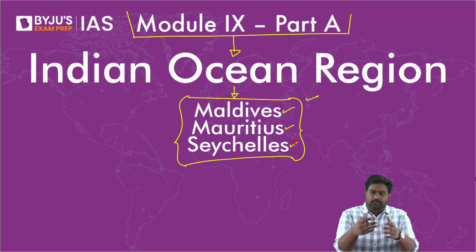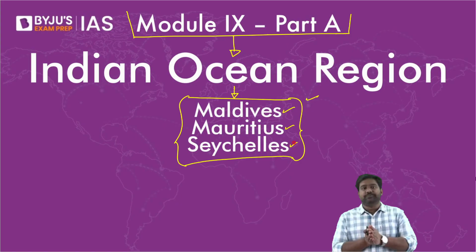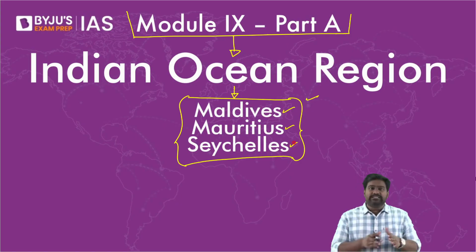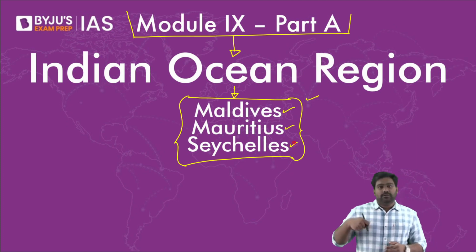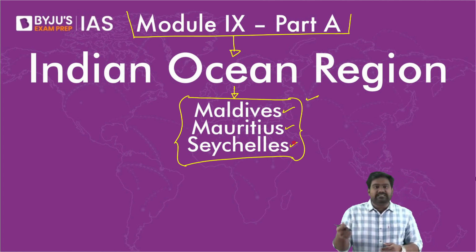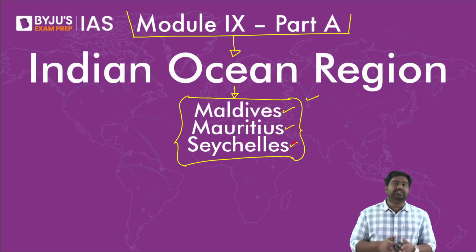Be it Sri Lanka, Maldives, or any other country in the Indian Ocean, only if they allow, only if they permit, can Chinese vessels enter their territorial waters. Right now, China is leveraging its influence. It's using its economic influence, coercing these countries to make these concessions happen. Right? Sri Lanka is right now under largely Chinese control because of the heavy loans it has borrowed.